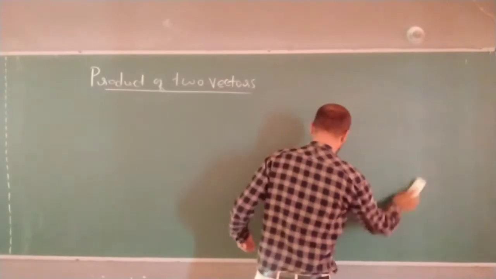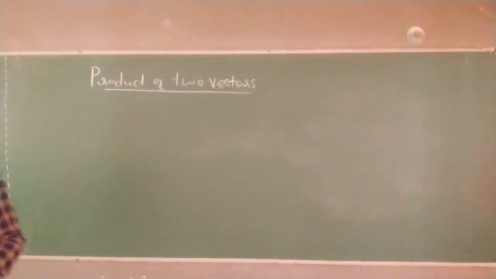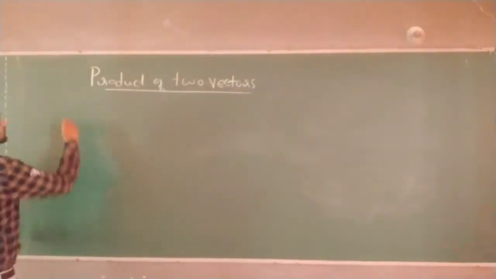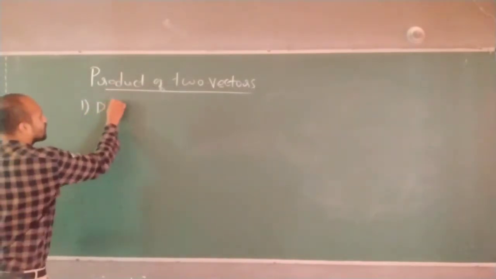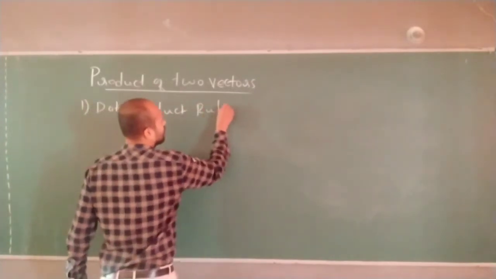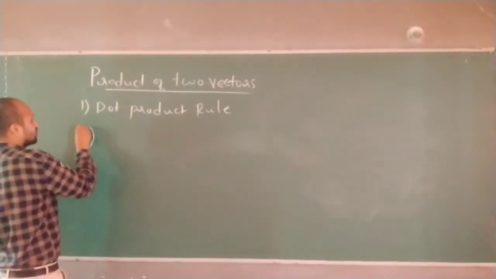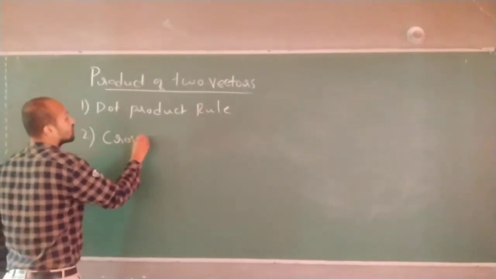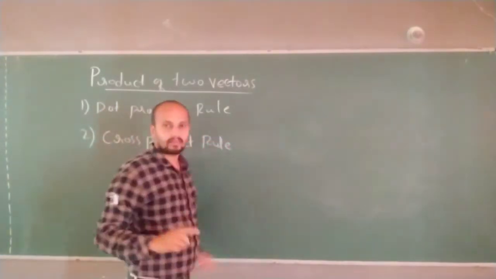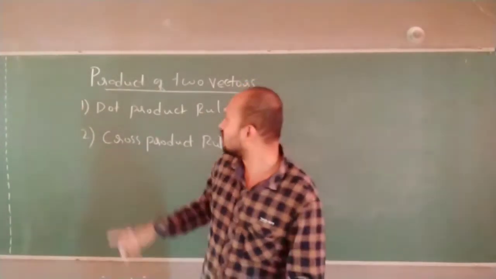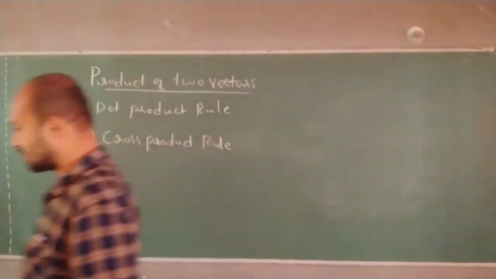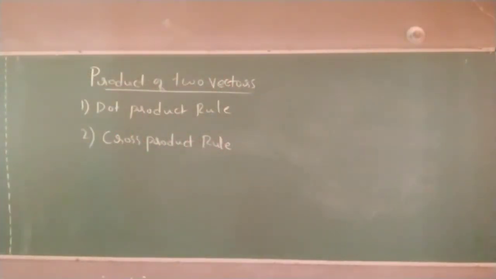So in physics we have made many rules. In vectors many rules are there, but of those, two standard rules we are going to study. One is the dot product rule. The second one we call the cross product rule. Using these rules we are going to multiply two vectors. One by one we will study them very deeply. What does each rule say?